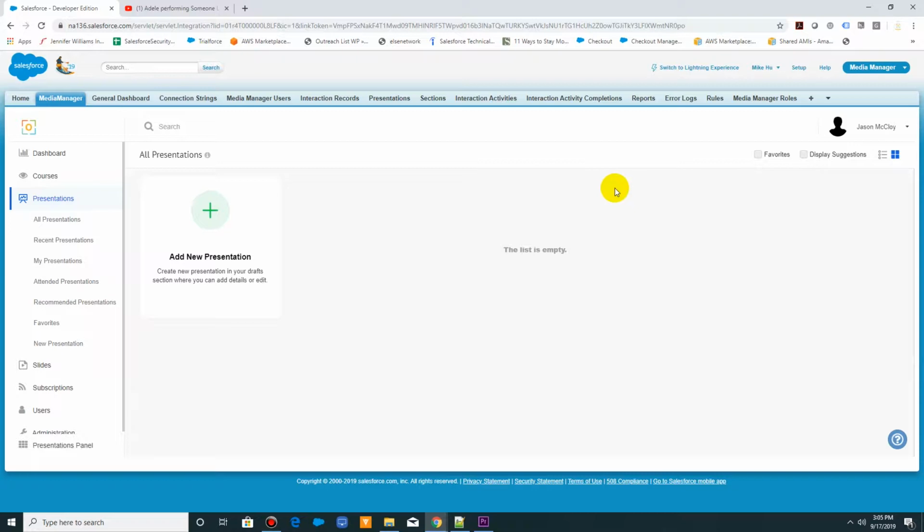We're going to try to make this as quick as possible. This is meant to be a very short presentation and it has a very targeted purpose. There is a lot we can do with MediaManager.net. That's what you're looking at. You're looking at the Salesforce version, but you don't need the Salesforce version to do exactly what I'm going to